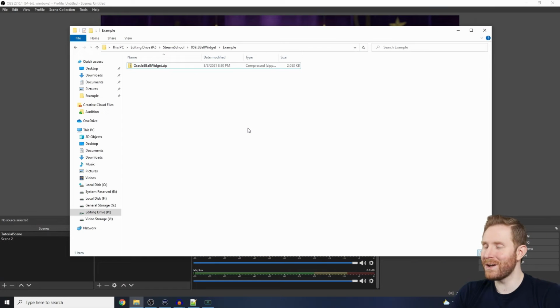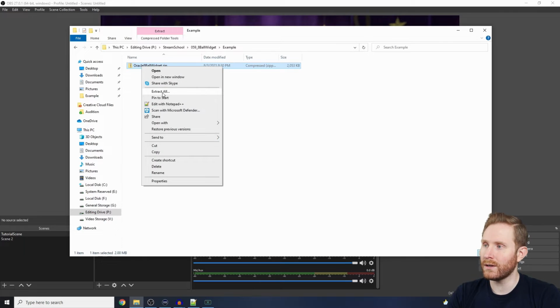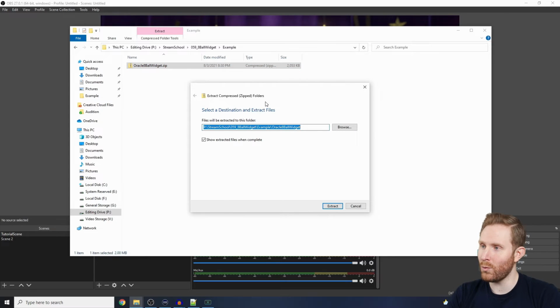First things first, let's talk about how to bring this into OBS for those of you that just want to download it and use it as is without making any sort of additional changes. So when you download it from this Discord, you're going to get a zip file titled Oracle 8-ball widget.zip, and you're going to want to put this somewhere on your hard drive where you can easily access it from OBS. Once there, we're going to need to extract this, so I'm going to go ahead and right click, go to extract all. That'll bring up this Windows extract dialog box, and here under the file path you can go ahead